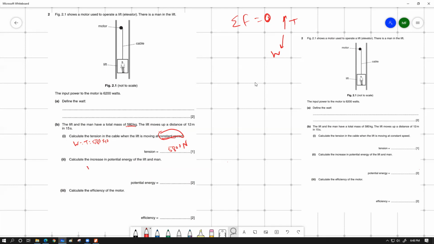এরপর বলছে, calculate the increase in the potential energy of the lift and the man. এটা তো খুব সিম্পল। Delta GP equals mg delta h. আমি ডেল্টা দিয়ে লিখলাম কারণ ওরা ইনক্রিজ টার্মটা ইউজ করছে। তুমি যদি ডেল্টা নাও দাও, শুধু GP equals mgh দিয়ে করো, তাও তুমি ফুল মার্কস পাবা। 580 ইন্টু 10 ইন্টু 1 ইন্টু 12 হিসাব করে যা হয় ওই নাম্বারটা লিখবা, জুল লিখবা। ইউনিট না লিখলে মার্কস দিবে না।